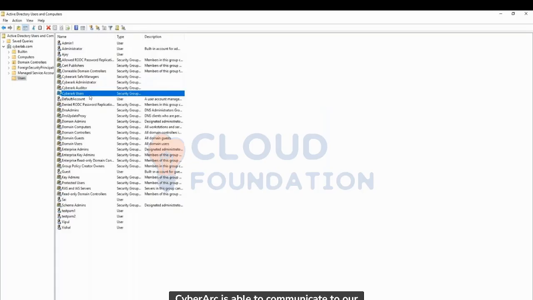Now we need to make sure that our CyberArk is able to communicate to our Active Directory first. The second is able to navigate to these groups as well, so it can understand who is intended for what access. So we need some sort of Active Directory account, or I should say Active Directory user, which can read the attributes in Active Directory, and it can provide the details